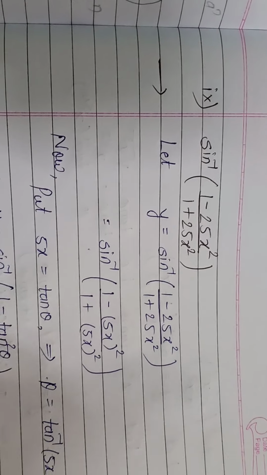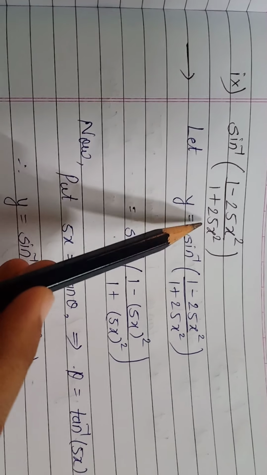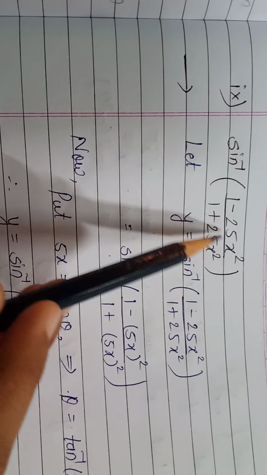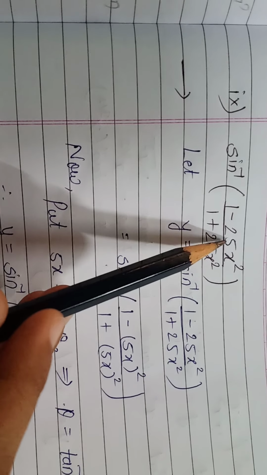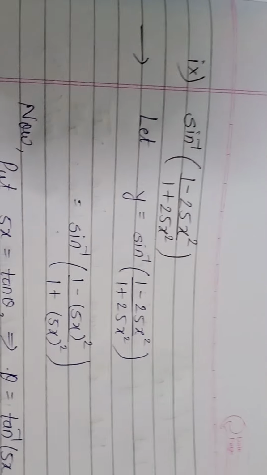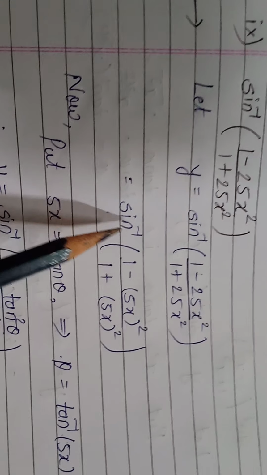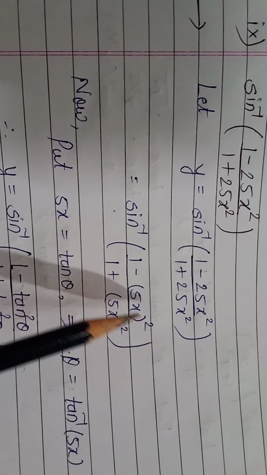so the next question is sine inverse of 1 minus 25x square upon 1 plus 25x square. Again this is 1 minus something and 1 plus something, so we want bracket square. So x is already in square and 25 we can arrange as 5 square, right? So we got an idea what to do now, right? So first consider it as y. This is sine inverse of, it will be 1 minus 5x, we can write in combined form and bracket square.